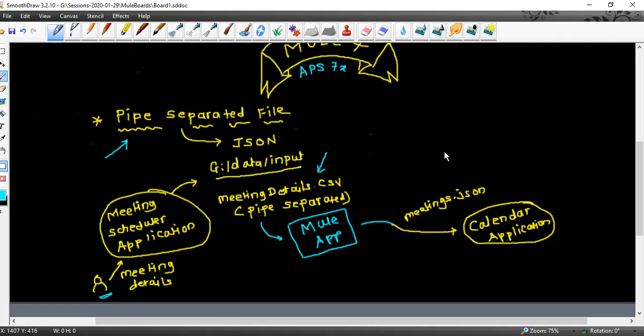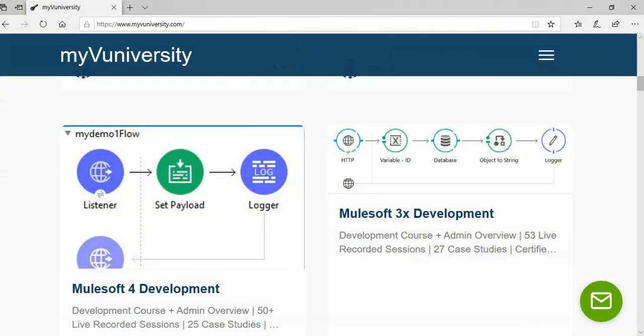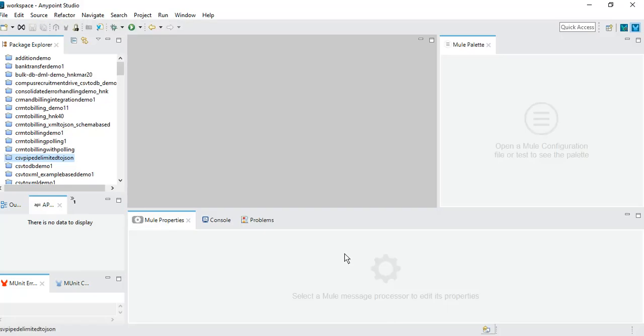So let us get into the development and let us build this Mule app. Let me start my Anypoint Studio. Where is my Anypoint Studio? Here it is. I think I have already started. Okay, so this is my Anypoint Studio. Let me create the new project quickly.